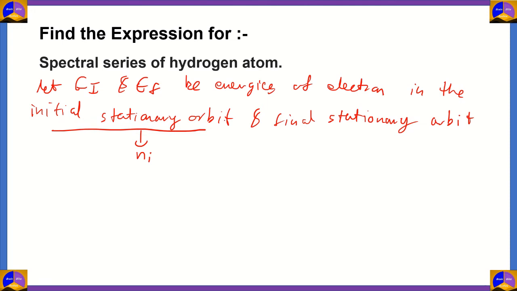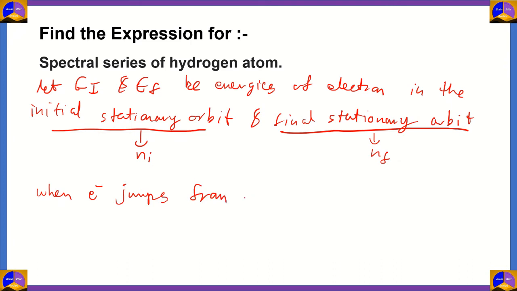The initial stationary orbit has a principal quantum number Ni, and the final stationary orbit has a principal quantum number Nf. So the condition for spectral series was when an electron jumps from Ni to Nf, the difference of the energy associated is given out as the wavelength. So when an electron jumps from the initial stationary orbit Ni to the final stationary orbit Nf, in the condition that Ni is greater than Nf,